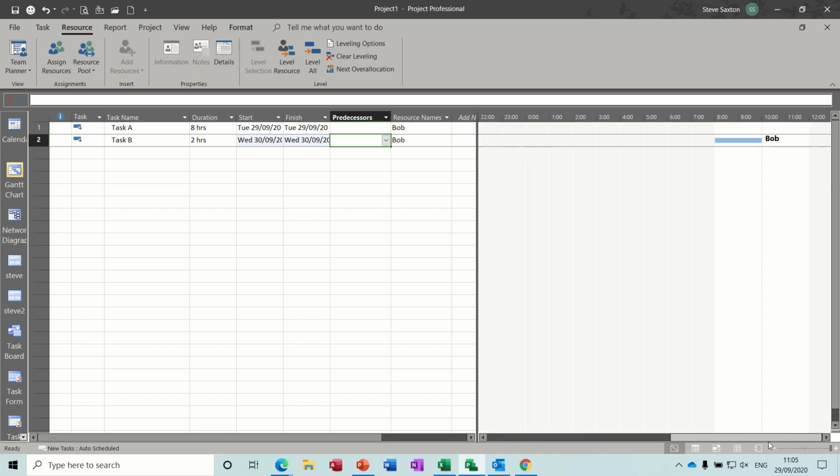I've got the timeline down as hours at the moment, so you can see it's on the second day, 8 o'clock. I'll just clear leveling to bring that back, so it's still over allocated. Now to give him overtime, so this goes on in the same day,